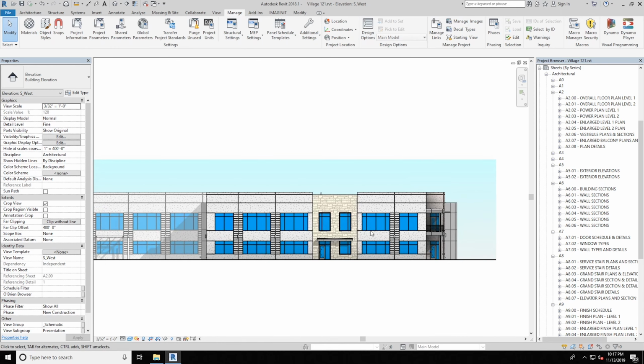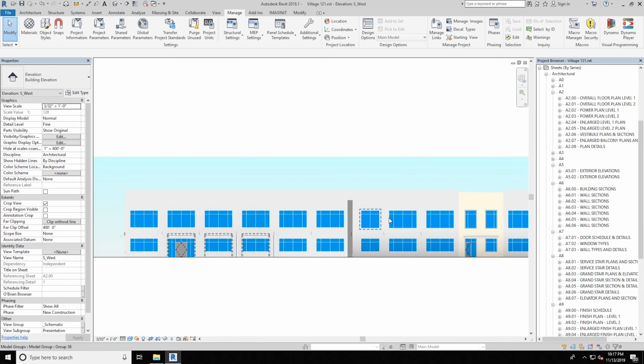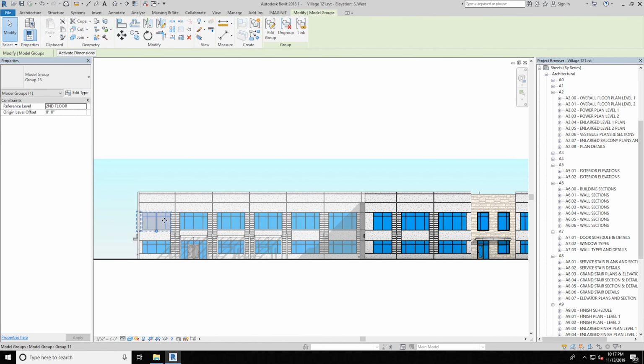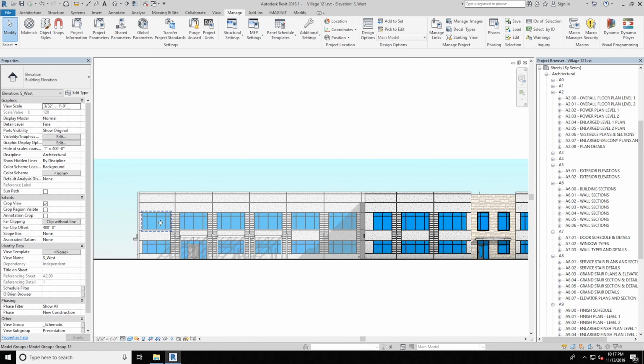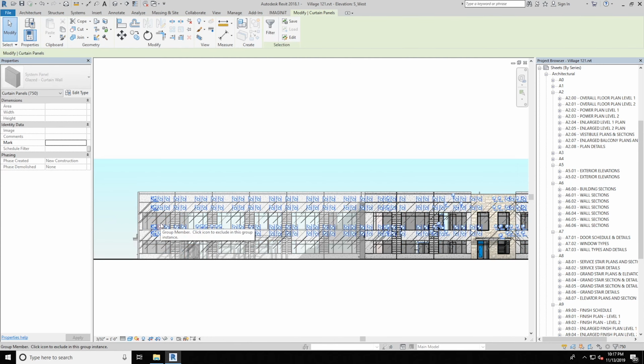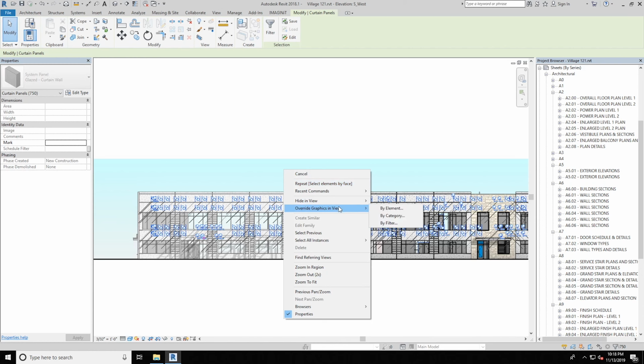One more thing that we can do is actually go into our model. Let's turn on this setting here. It allows you to pick things in Revit by face, and these window, curtain, storefront windows are all groups. So let me tab a couple of times. Alright, so there I selected the curtain wall panel. Now what we're going to do is select all of those instances in this drawing and manually change the